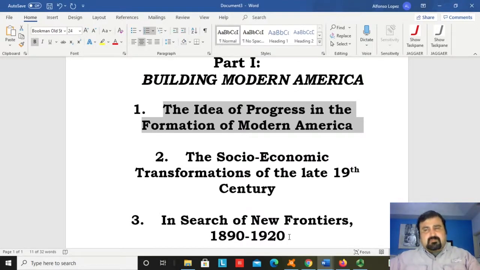So let me introduce fully then this first part that we're initiating, Building Modern America, and pretty much put it into context as to, okay, so what are we going to cover here? I mentioned we're going to cover three topics on building modern America, but this is a period of time that spanned the latter part of the 19th century. Roughly speaking, after the end of the U.S. Civil War in 1865, what takes place in the United States after the U.S. Civil War